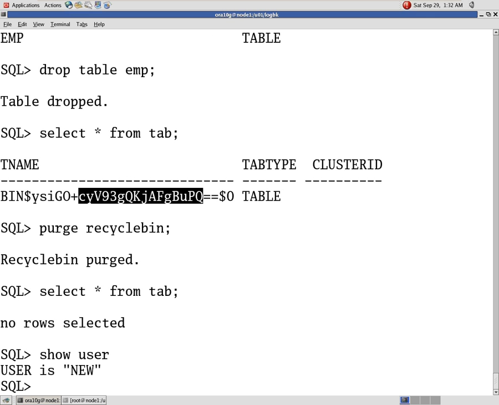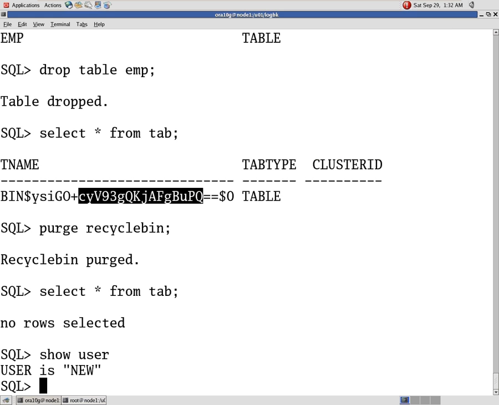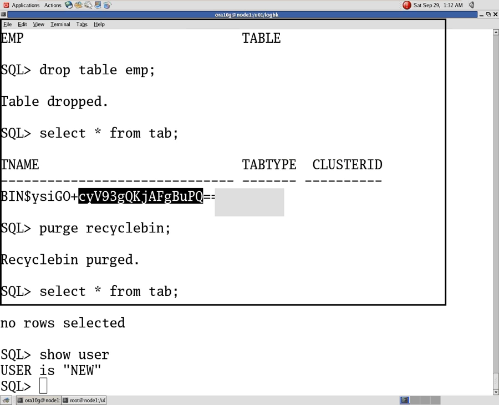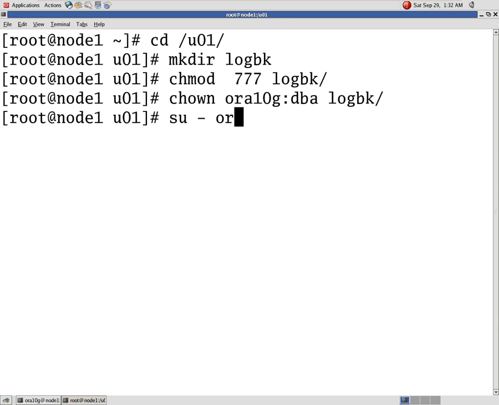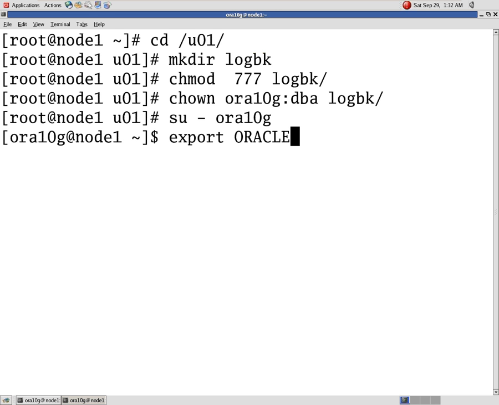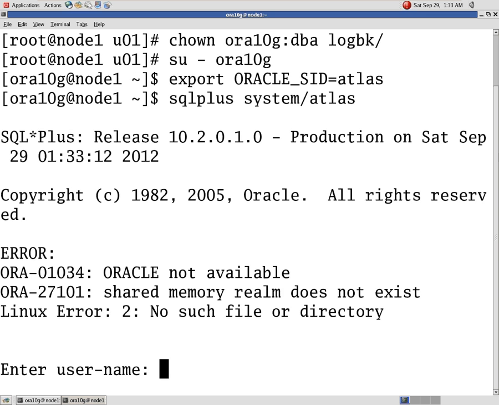Under which user? New user. Now what I will do, I'll export the table without rows and check it. I'll do this activity from the other end. From 10g, export, ORACLE_SID ATLS, sqlplus system by ATLS.